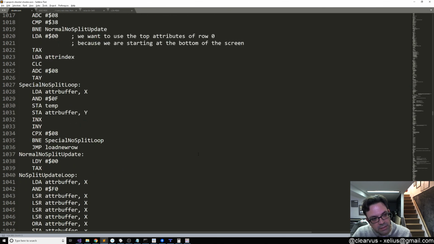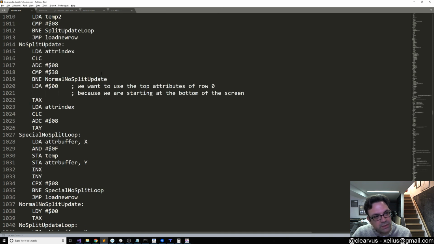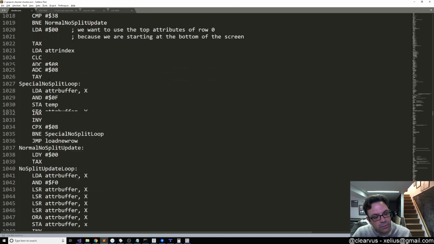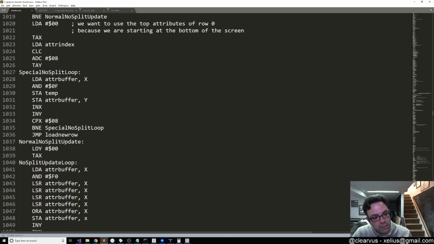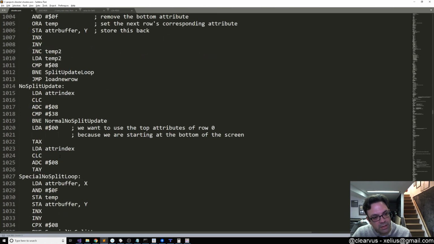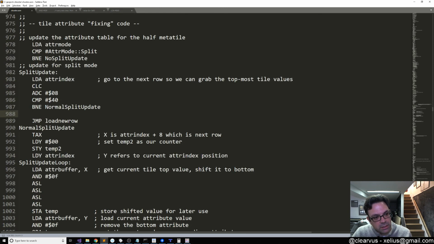Normal no split update. We have, let's see, load A, clear carry, add carry, compare to 38, branch if not equal to normal no split update, which gets us here. We load Y with 0 for our loop, and A had our index that we needed. So we should, well, maybe we can do that. So load A with that, and then jump to